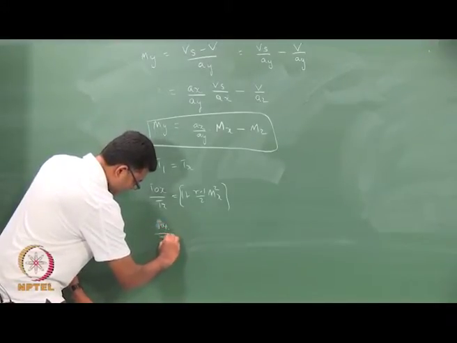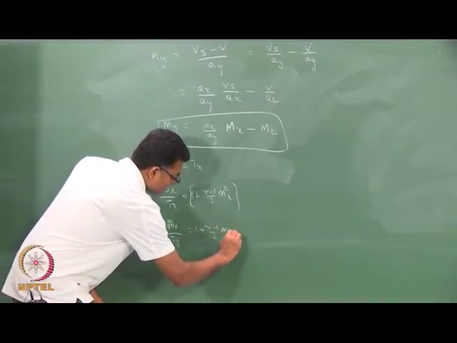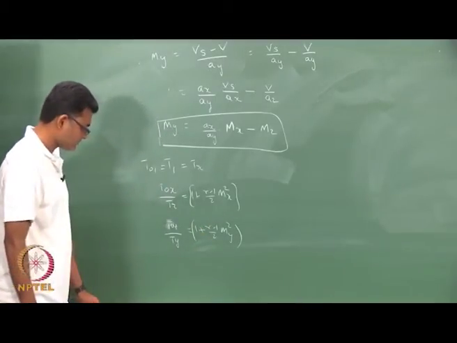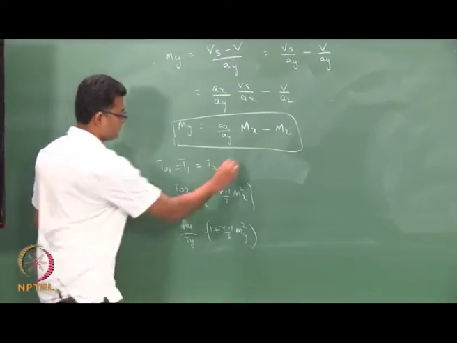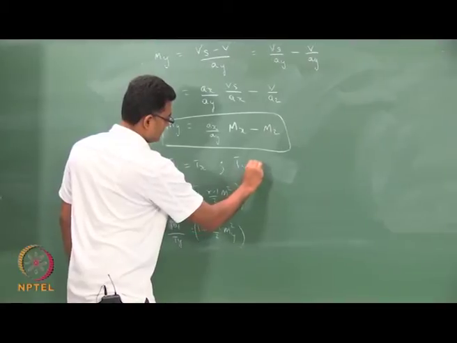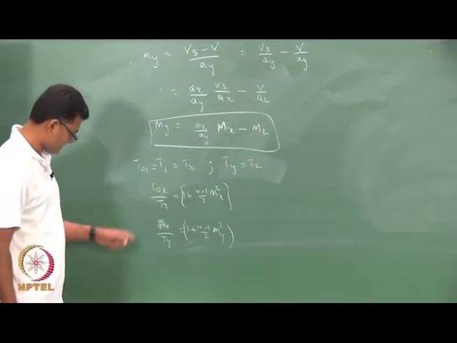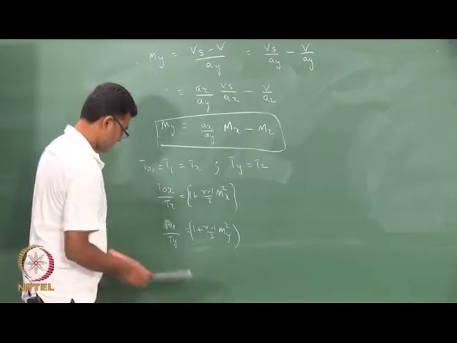T0y by Ty is 1 plus gamma minus 1 by 2 My square. But Ty is also T2. So, I can replace this with T2. So, I can write